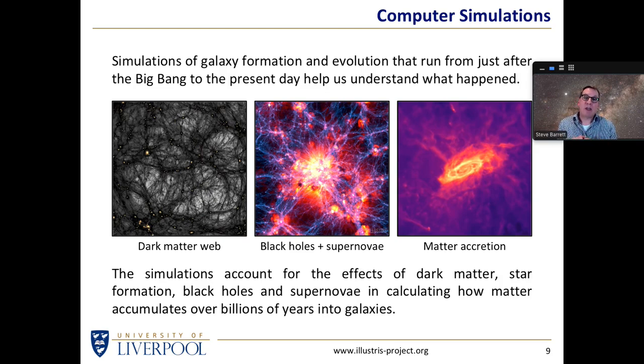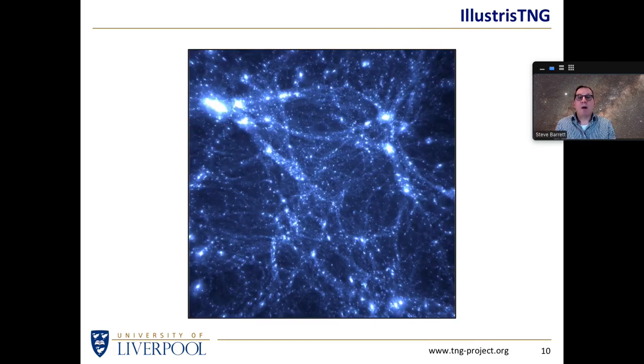So the actual calculation is quite complicated, which is why you need supercomputers capable of doing trillions of calculations a second, and then these programs might run for weeks or months in order to produce the sort of data I'm showing here. So if we take this cosmic web, and we're using the Illustris simulation here, you can perhaps see from the title this is called Illustris TNG. What does TNG mean? Well, Illustris had a successor, and instead of calling it version 2 of the simulation, in a little bit of irony, they decided to call it Illustris the next generation. So Illustris TNG is just shorthand for version 2 of this simulation suite.